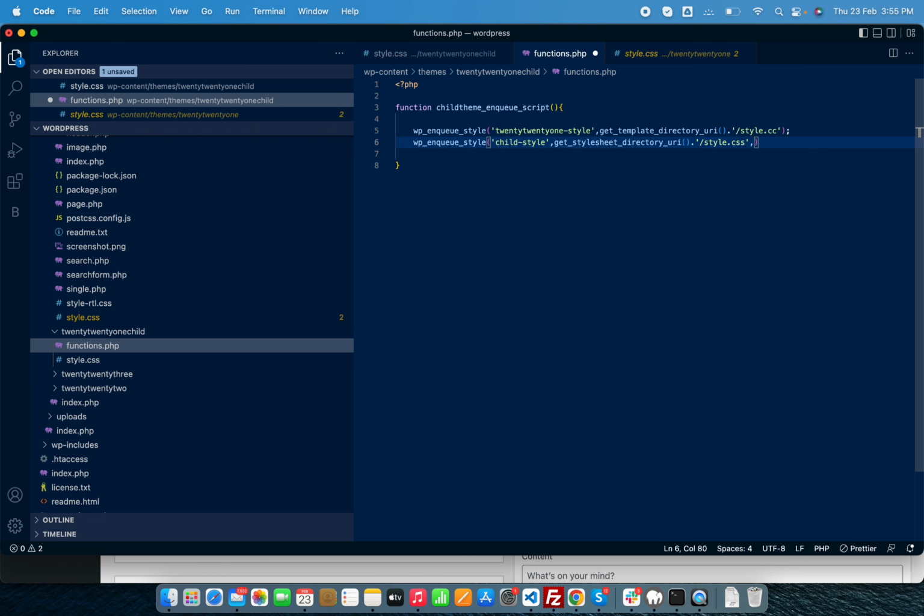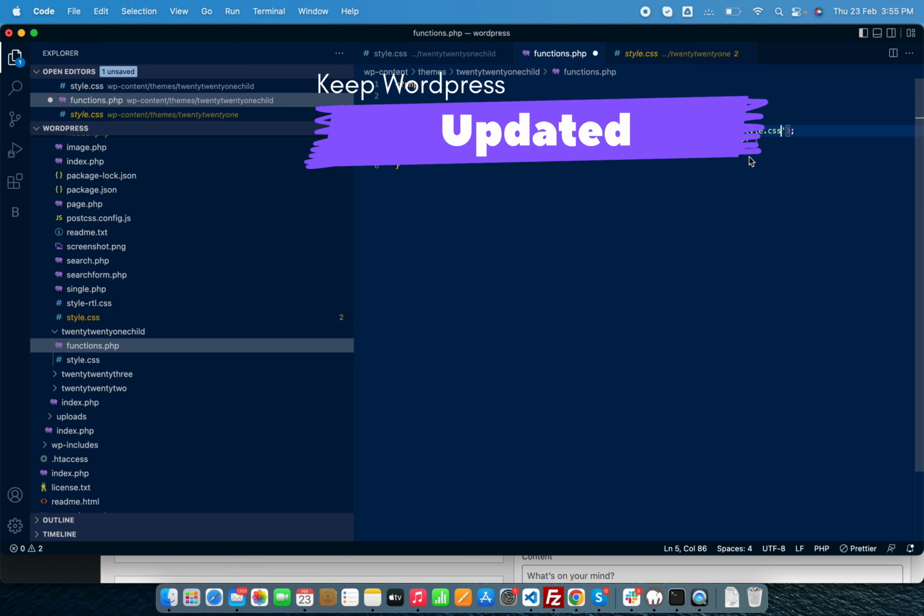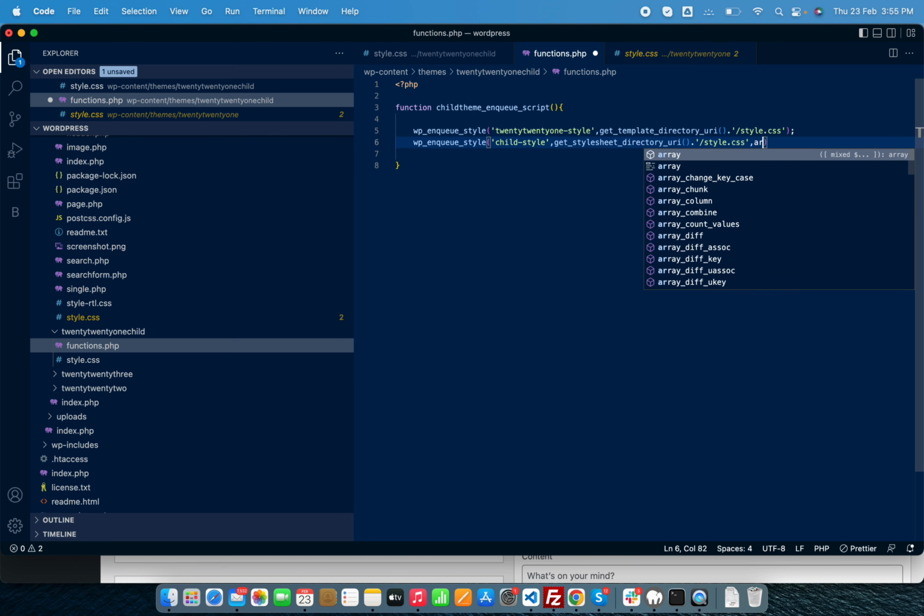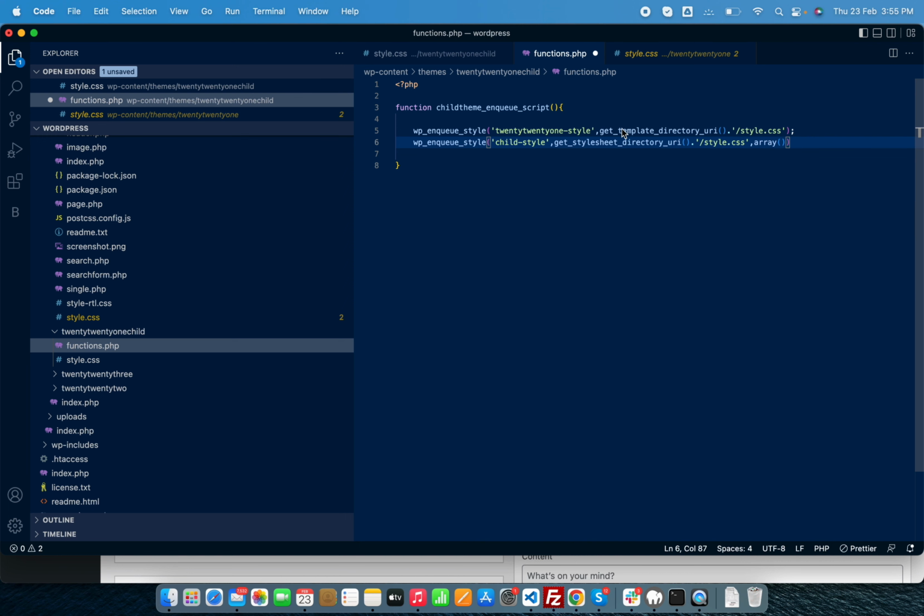Now if you want to inherit all the CSS properties, you need to pass another argument with an array, and here you need to add the parent theme style. Then the other argument is the version. I just put it here as 1.01. So that is the function.